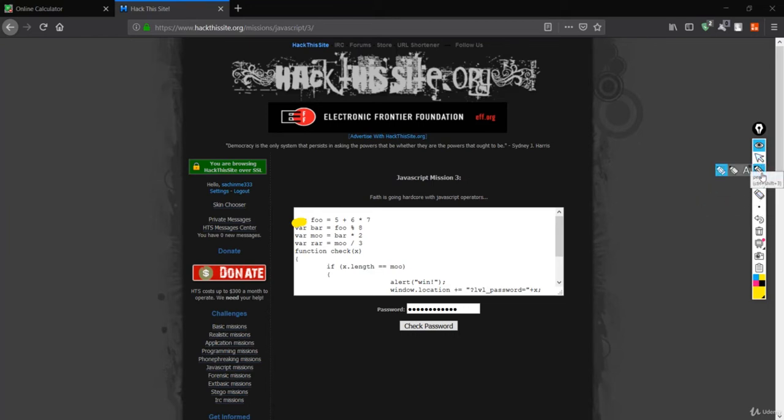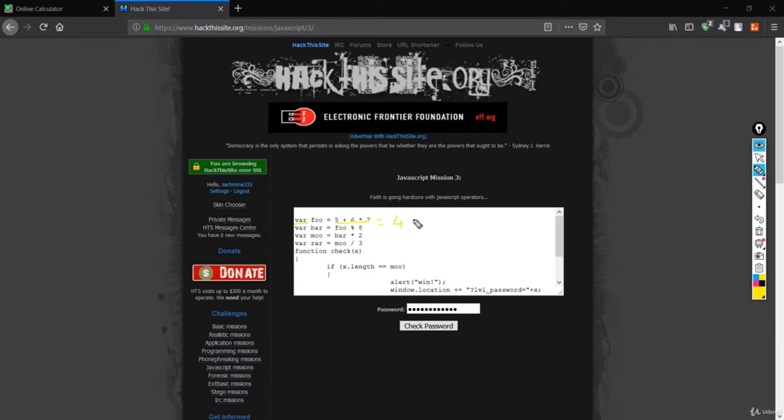So let me just remove this. Let me clear this first. Take my pencil again. So we have now here a variable, and in this variable you have created some operation over here. Simply what we did here was we created the foo variable and assigned some value to it. So all you have to do is calculate this value, and I guess its value should be something about